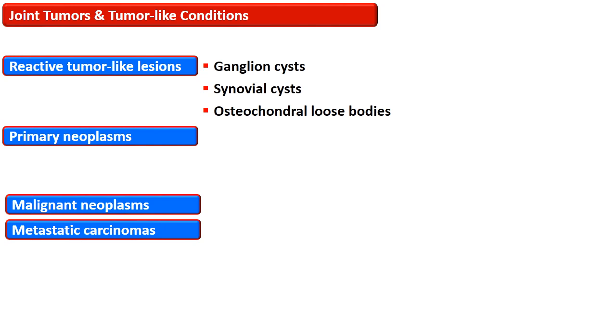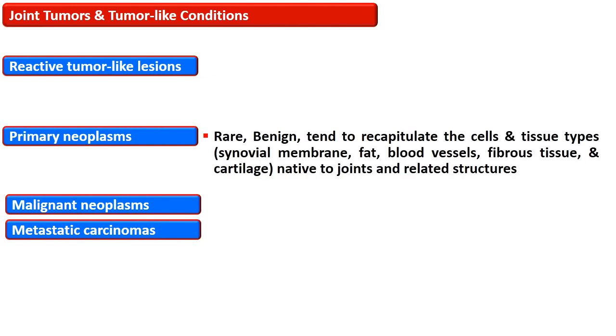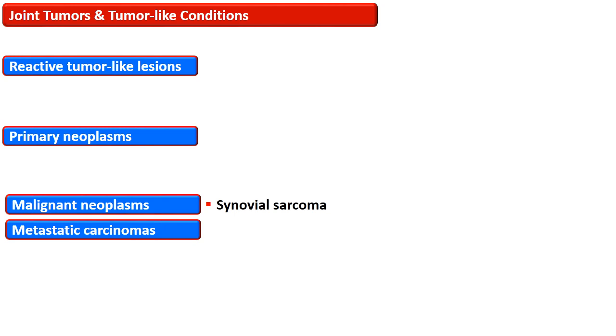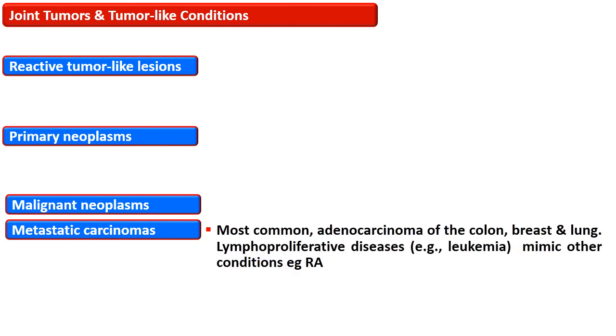The reactive tumor-like lesions are ganglion cyst, synovial cyst and osteochondral loose bodies. The primary neoplasms are rare and usually benign. They tend to recapitulate the cell and tissue which is present over there. If it is arising from synovial membrane, synovioma; fat, lipoma; blood vessel, hemangioma; or fibrous tissue, then it will be termed as fibroma. The malignant tumor is termed as synovial sarcoma, while the metastatic